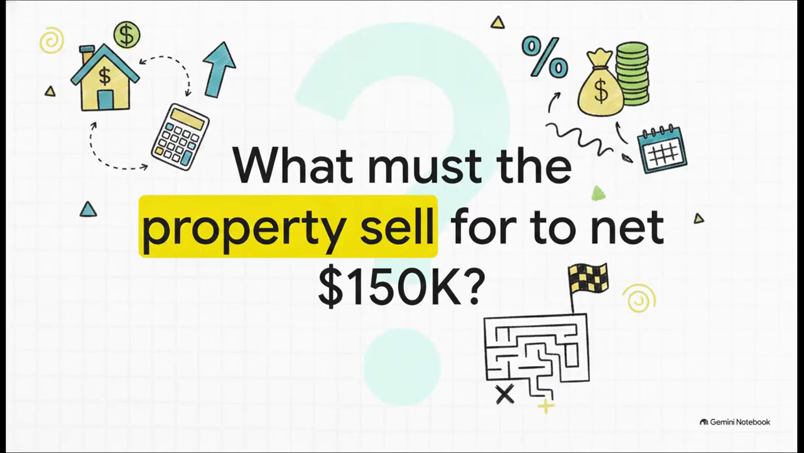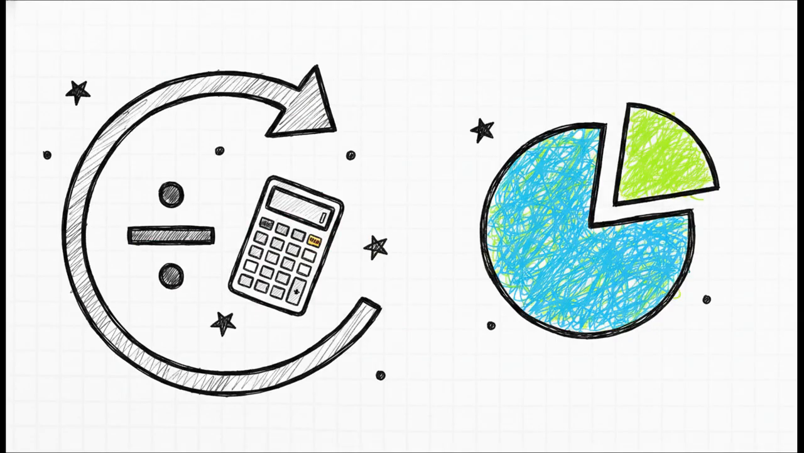Okay, question 3. A seller wants to net $150,000 after paying a 6% commission and $2,500 in fixed closing costs. What must the property sell for? This is our reverse formula test. Remember what we just talked about regarding the addition trap? Here are your options. We're looking at